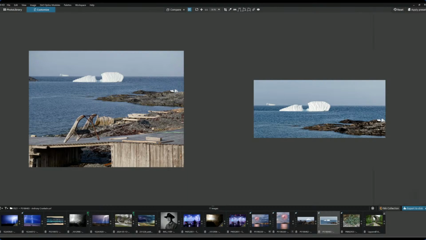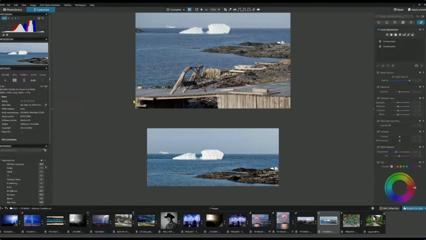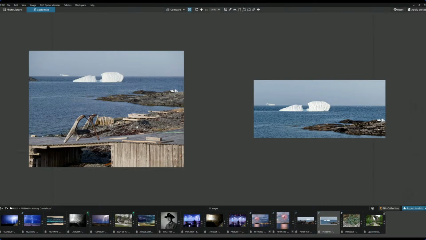But I like the idea of including some foreground, to add layering and depth to the image. But for me, it would need to be in focus, generally speaking, unless it's acting as some sort of framing for the overall image. But it doesn't frame this iceberg very well. And I would have probably used a higher aperture, like at least 5.6 or f8. Let me see what you're at, because this is an EM1. Yeah, you're at f2.5 on a 75 millimeters. So yeah, I would have shot at probably f8